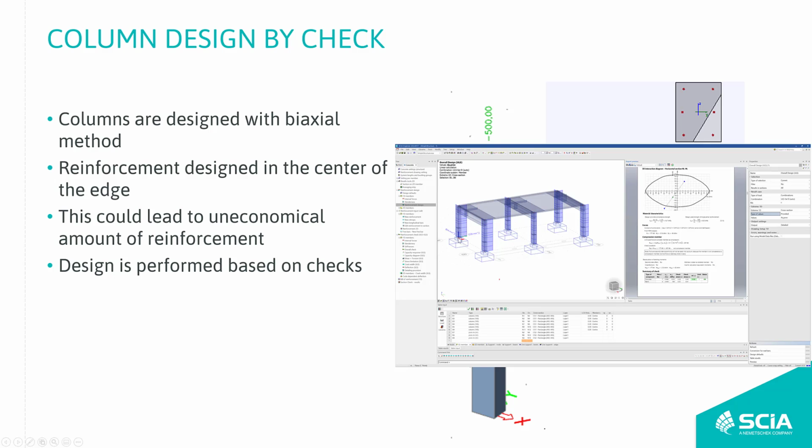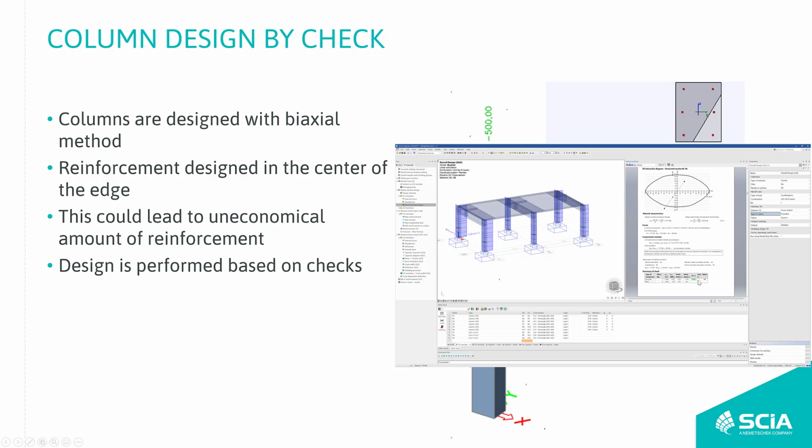In the other direction, it's 1200 square millimeters. And in the case of the check, I can have a look also at the detailed result. That's one of the benefits which I have if I'm using this kind of design. And here you can see the interaction diagram, and here you can see also the unity check, which is